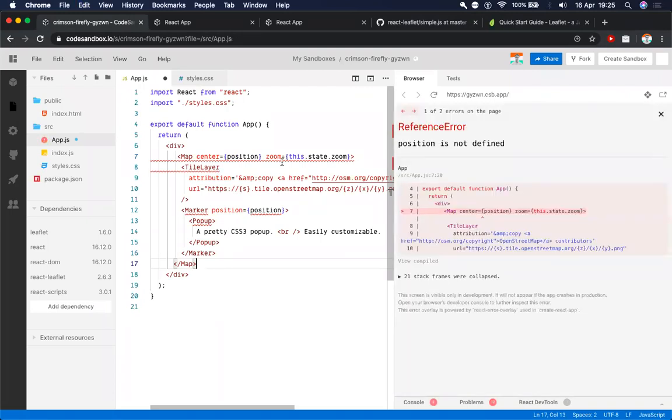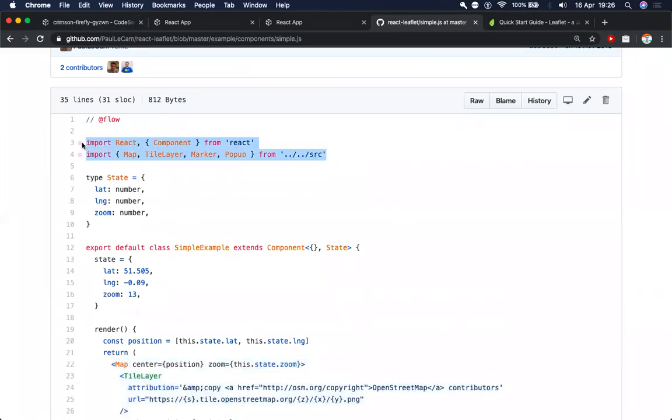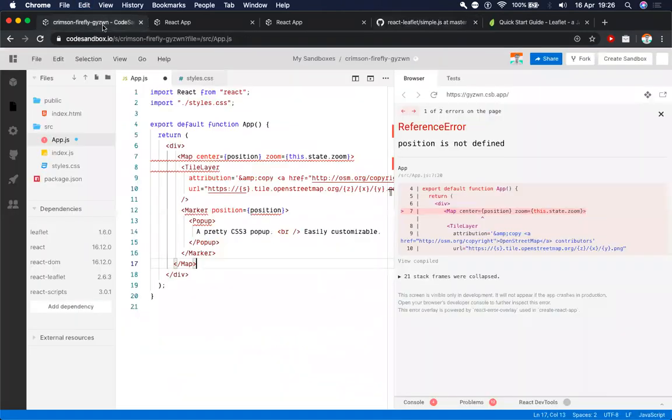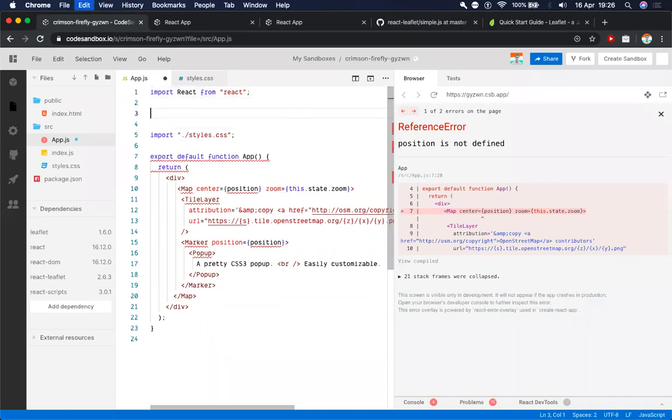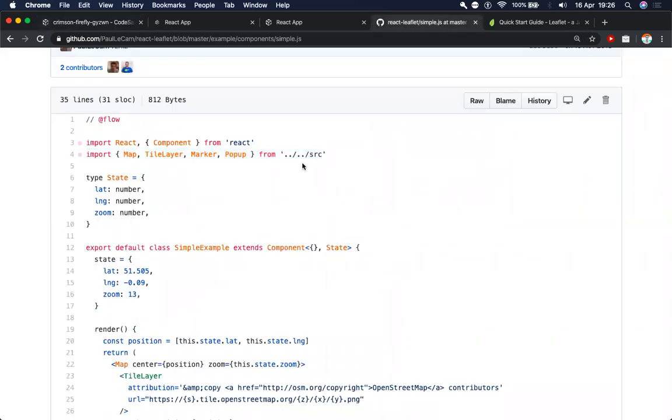Already we are getting a lot of errors since we have not imported anything till now. So next I'll copy this import statement here. What I'll change in this import statement is that in the example, they're getting the source from a folder in their app itself.